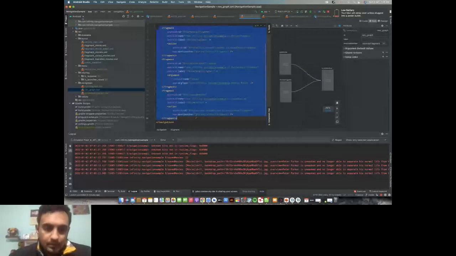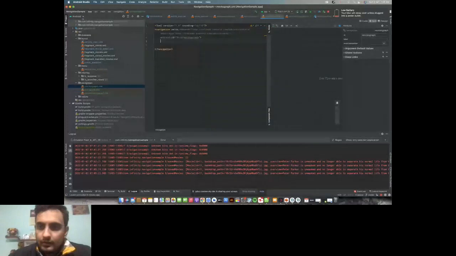Let's just do the same for movies, and saved movies because we are using saved movies here. Set this as the main and do the same here as well. Now we have two separate graphs, and now using fragments here, just